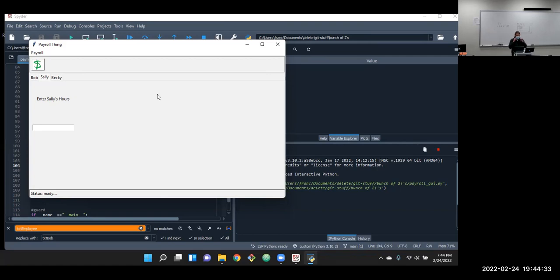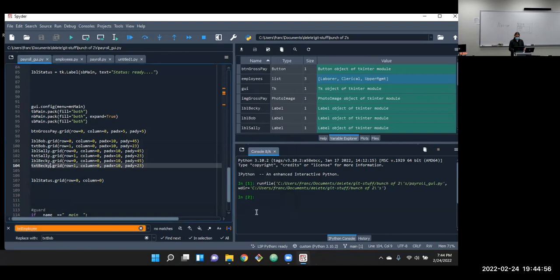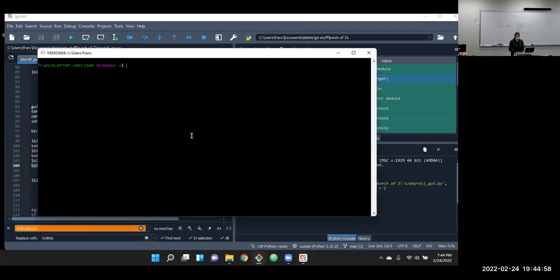So now the layout works, we need to have them all do something. Well, our payroll button did do something, but it doesn't do it anymore. So we need to make those buttons all call the same method. But hopefully you see that the general layout is very repetitive.